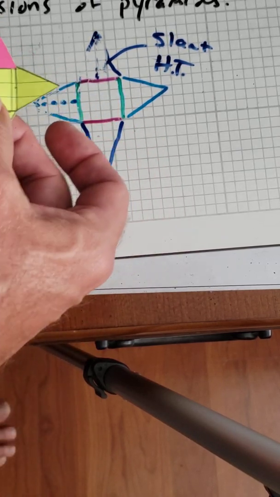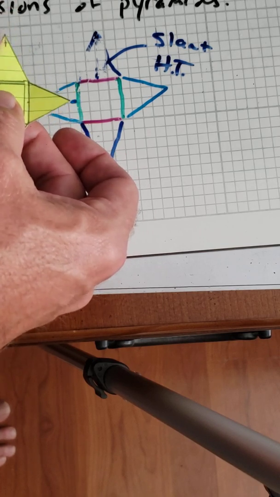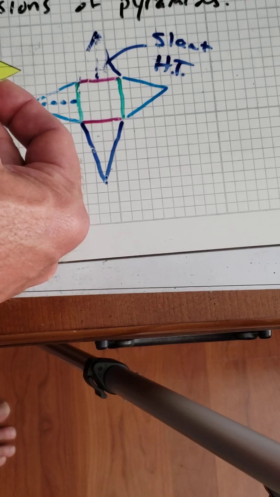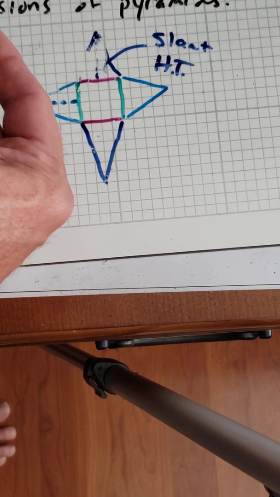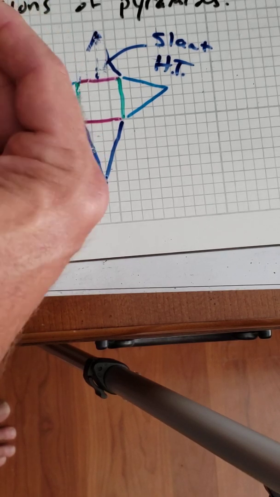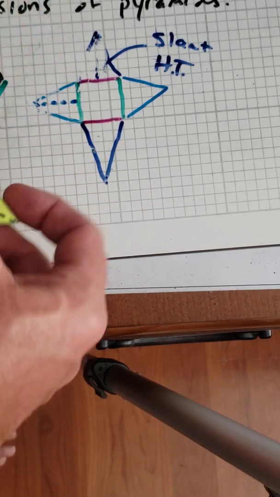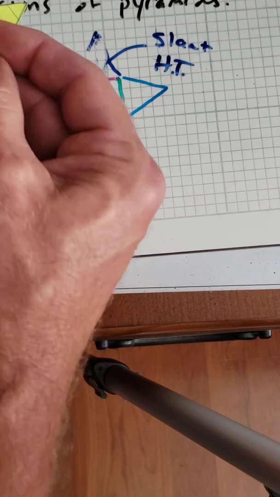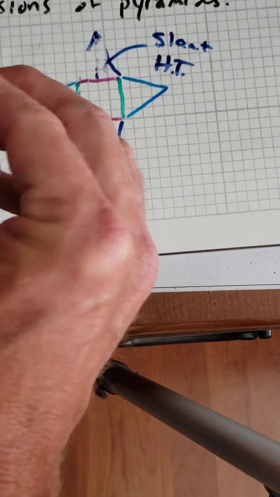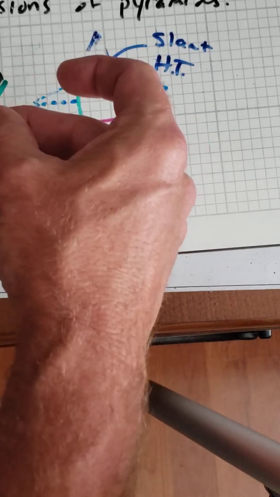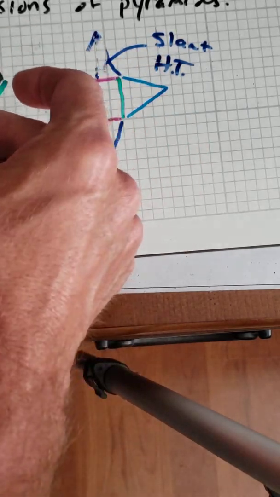So why or how in the heck is this triangle, which is the same size, and that's the slant height on it, but when I tilt it, it ends up being lower than the height of my pyramid? If I can do it this way, this might be good too. So I'll hold it like this. Okay, so I hold in the middle, and then when I push this over, you can see that the